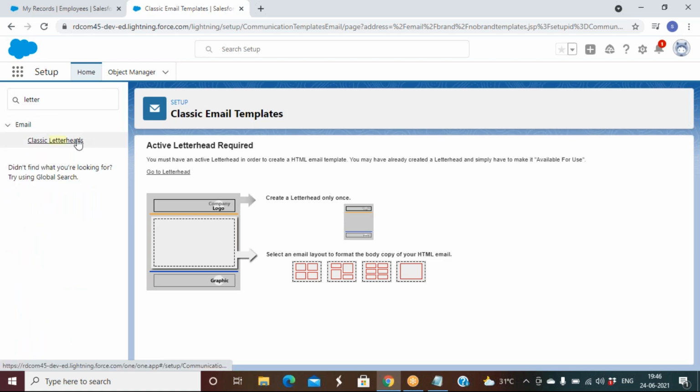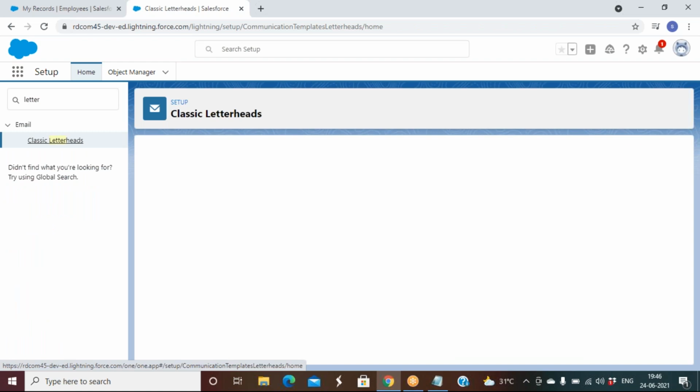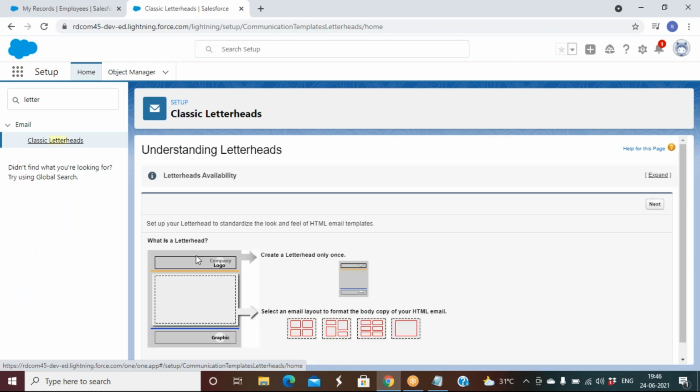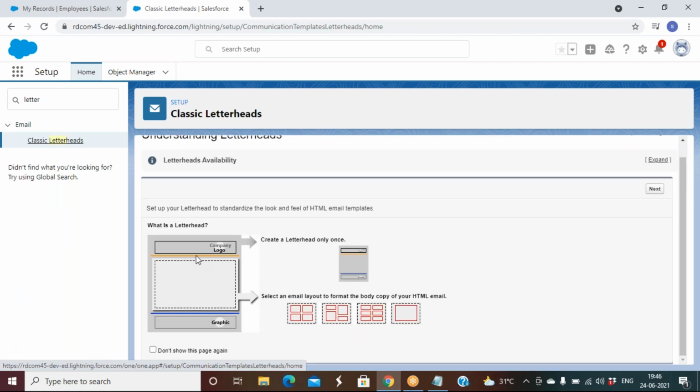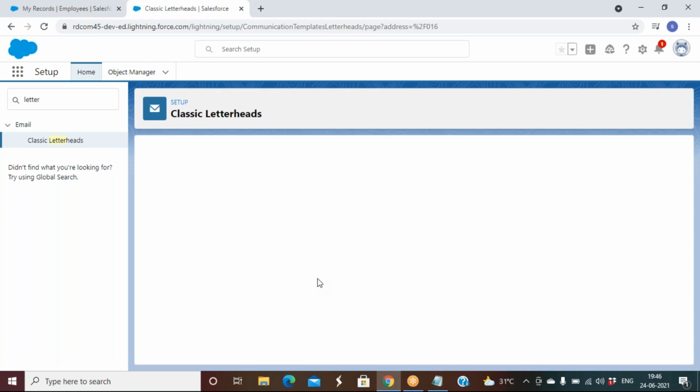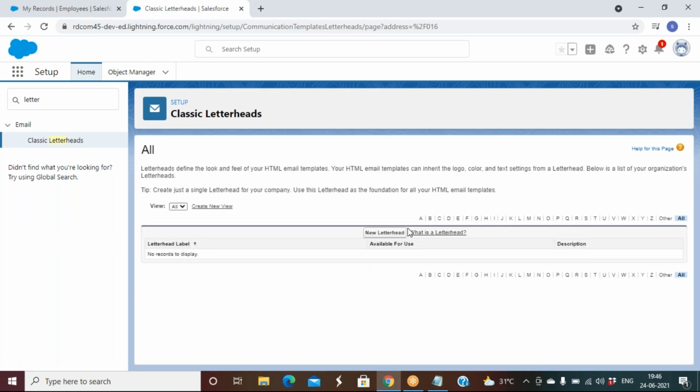Click on letterheads. So letterhead we can set up in Salesforce. Okay. So header, body, and footer. Just click it. So we can select different types of letterhead formats, email layouts. Okay. Just click next. Now it is asking to create a letterhead. Click on new letterhead.